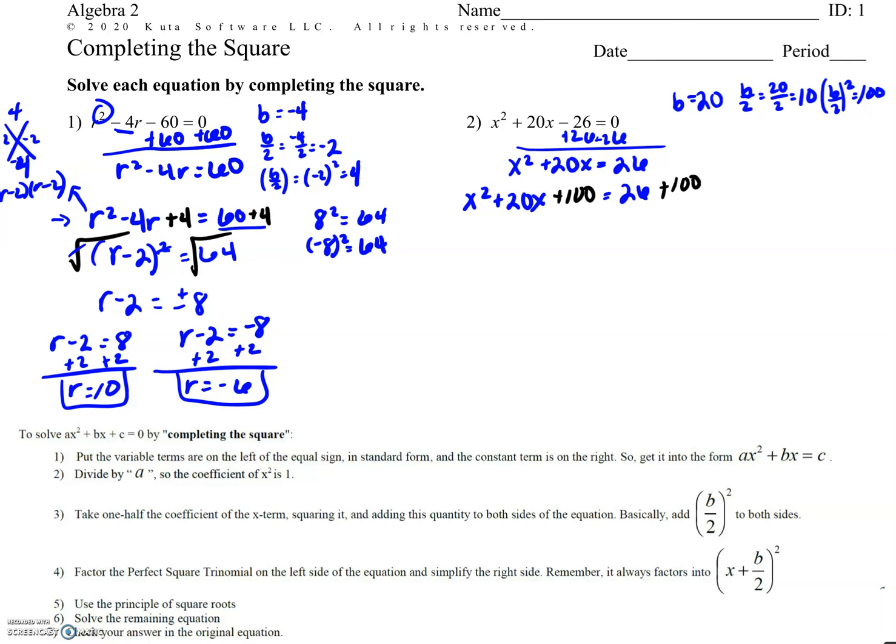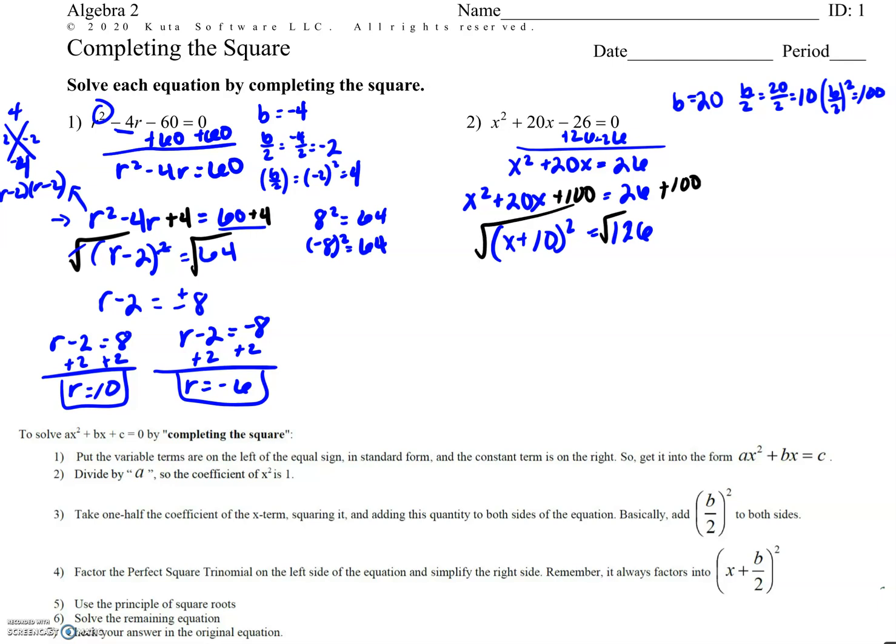Right, so again, by adding that 100, I have created a perfect square trinomial. So the square root of 100 is 10, and 10 plus 10 does equal 20. So I know that this side will factor into the quantity of x plus 10 squared equals 126. All right, so now to solve this, I'm going to take the square root of both sides, and remember